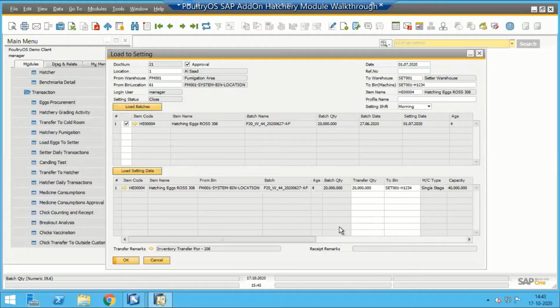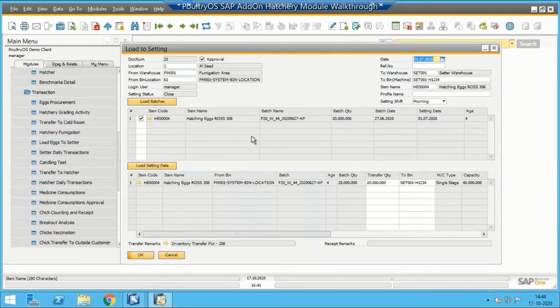Basically what's happening here, they have multiple types of cold rooms. So let's say now the capacity is full, at that time they are just moving those eggs to a separate cold room, and they are maintaining a different temperature, so they can keep the eggs up to 20 days or 30 days also. So that's why we are providing a facility where you can check the age also. That process goes up to 18 days.